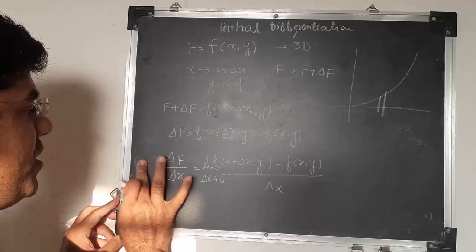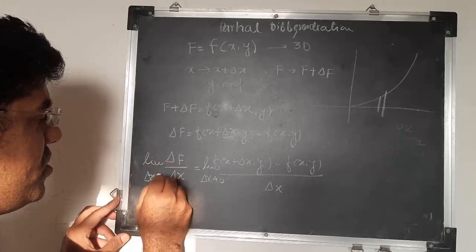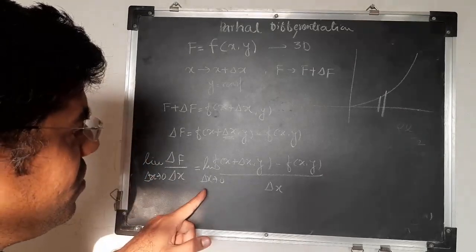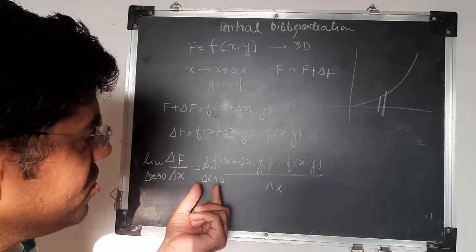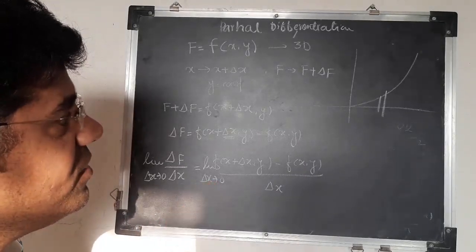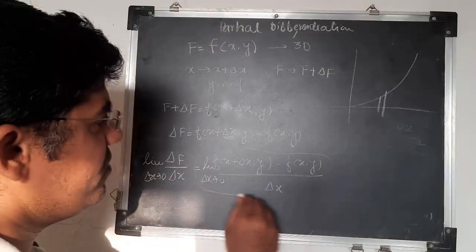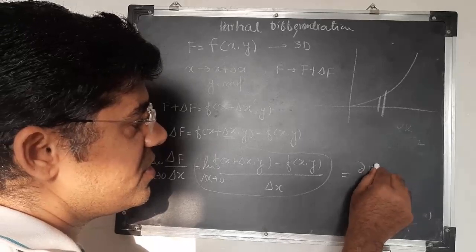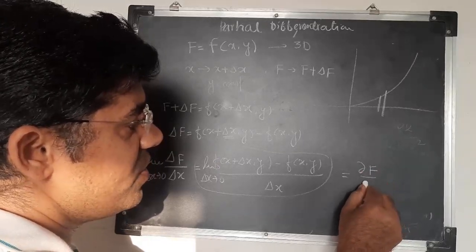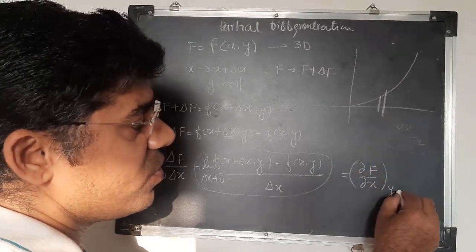Okay, that means closer and closer values, so whatever the difference between them should be closer to 0, so automatically you will get a more precise value, and this value indicates the partial differentiation with respect to x, where y is constant,